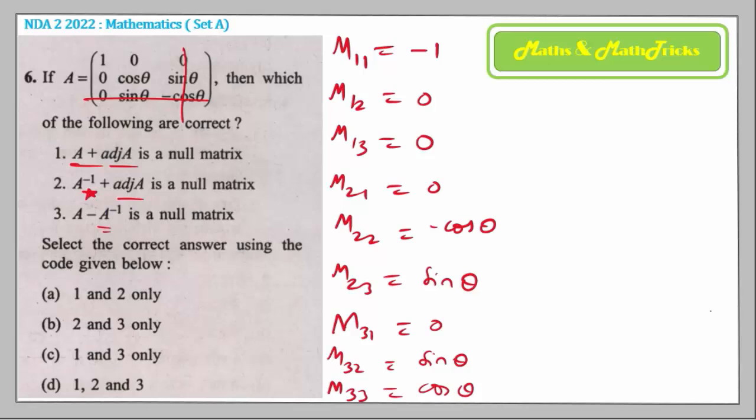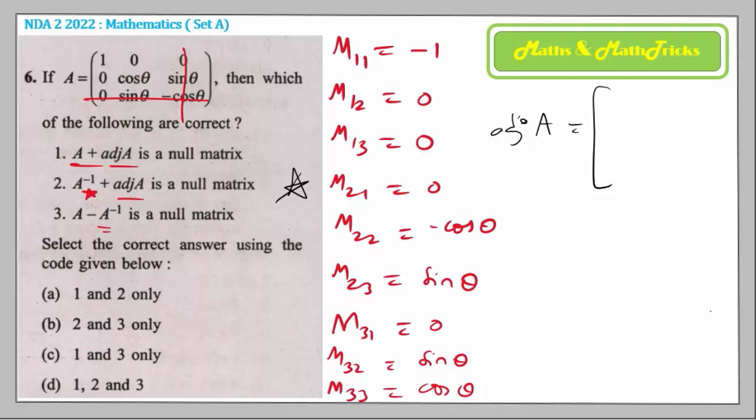1 plus 2 adds to an odd number, so minus 1 to the power odd will be minus, hence A12 will be the negative of M12. If you follow that rule, you now know all the cofactors. I have listed them for you, so accordingly I am writing the adjoint matrix. You know adjoint is the transpose of the cofactor matrix. Adjoint of A is the transpose of the cofactor matrix of A.